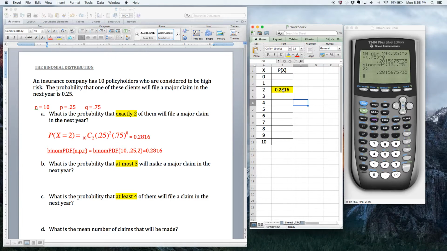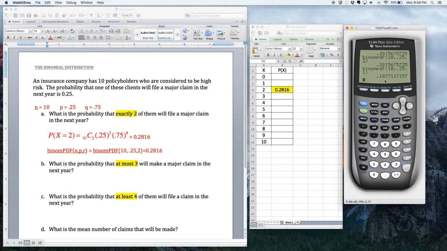Now, of course, what's nice about the calculator is, I may have mentioned in another video, if you hit second, enter, it brings up the last thing you typed. And then say, for instance, you wanted this probability right here for 1. All you got to do is change the R value from a 2 to a 1. So what if you want to know the chances that only one of them filed a claim? Well, you just use your arrows, go on top of the 2 right here, change it to a 1, hit enter. And now you got your next probability,